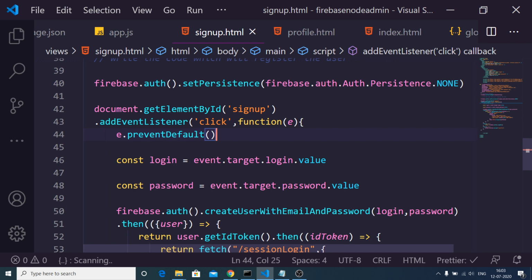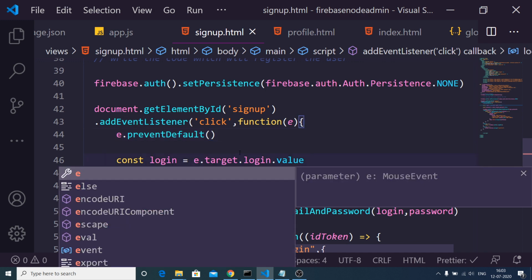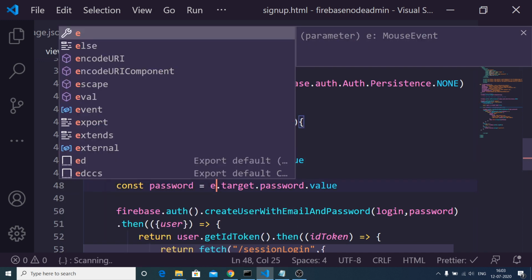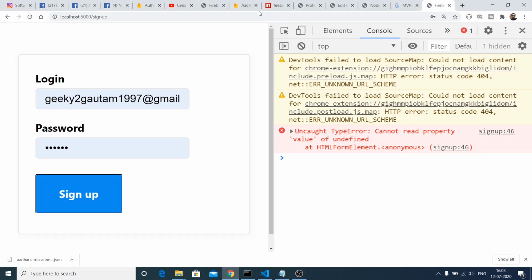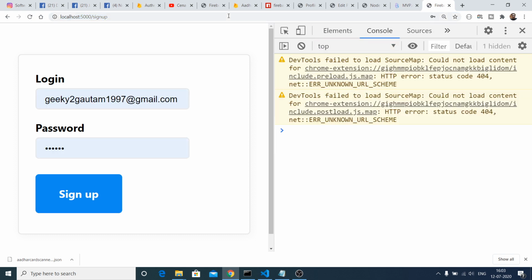Event, oh sorry, this needs to be e guys, not event, because I called it e, so that is why it is creating a problem. Small mistakes tend to happen when you code, so just ignore this.